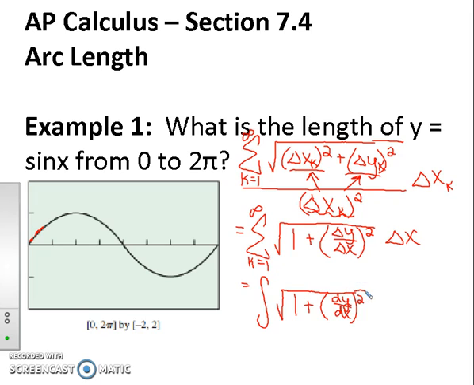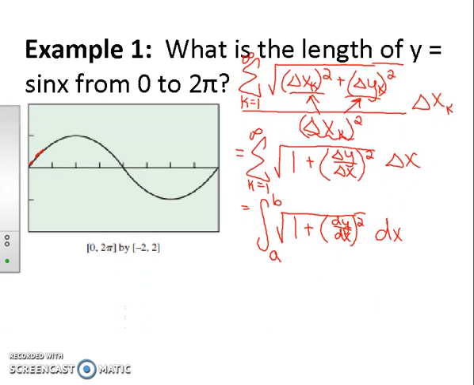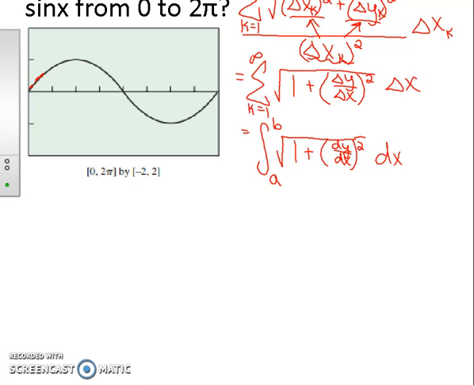And again, out here, instead of delta x, we would say dx. And then the boundaries would be from a to b for our function. So all you have to do to find the length of any curve is use this formula right here. You do the square root of 1 plus the derivative of the function squared from beginning to end. So for example, if I want to find the length of sine of x from 0 to 2 pi,